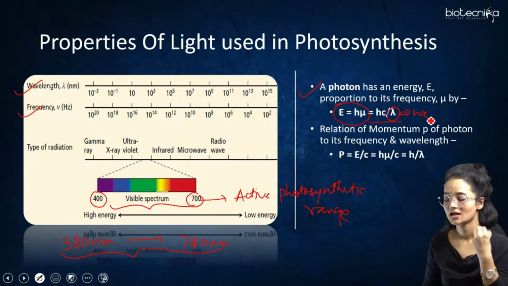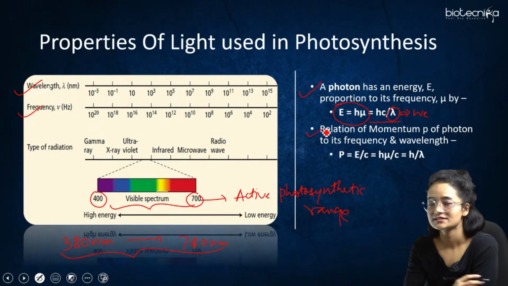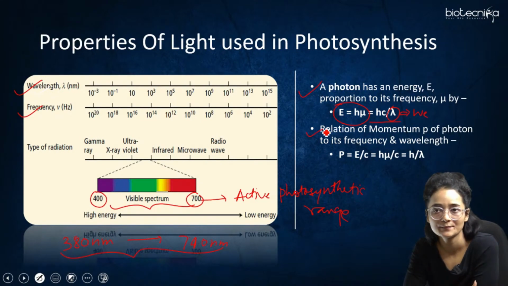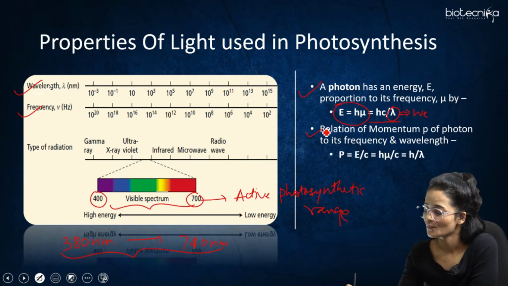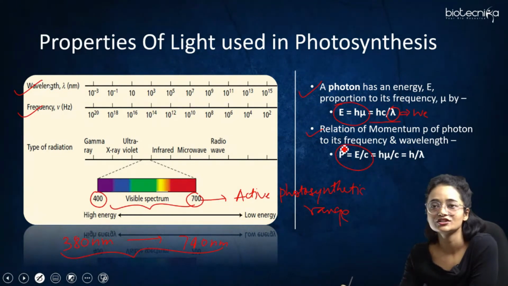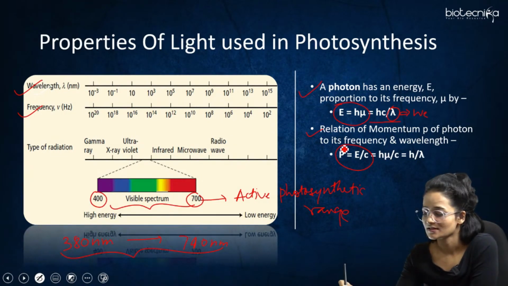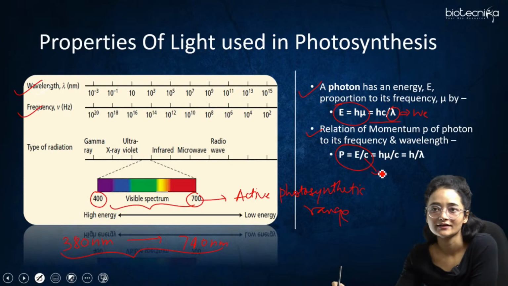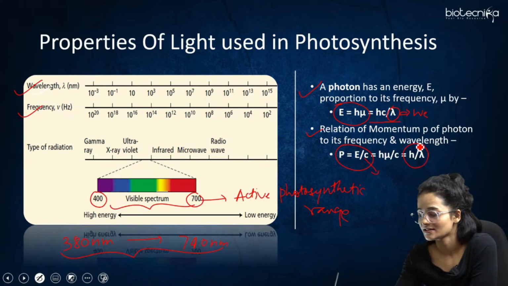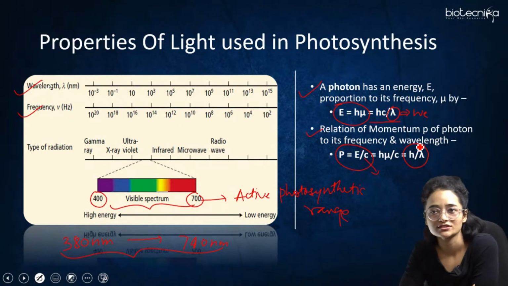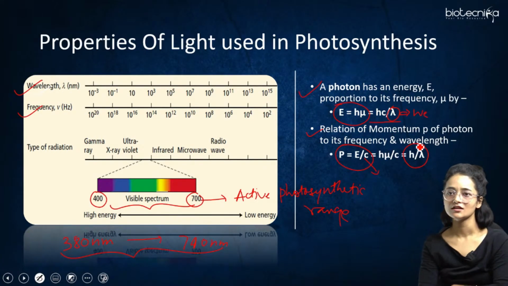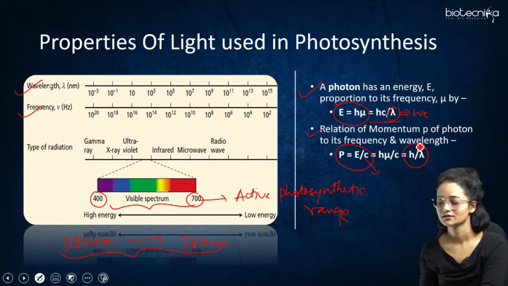Now, another thing here is the relation of momentum p, small p, of the photon to its frequency and wavelength. So momentum is equal to the energy divided by c, the speed of light, equal to h nu divided by c, and this in turn is equal to Planck's constant divided by the wavelength. So as we know that the shorter wavelength,